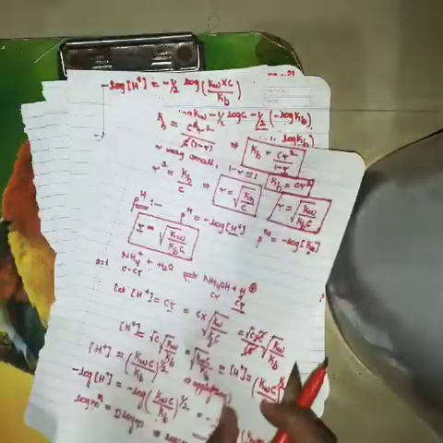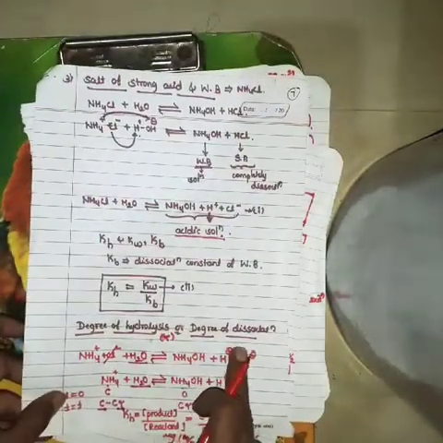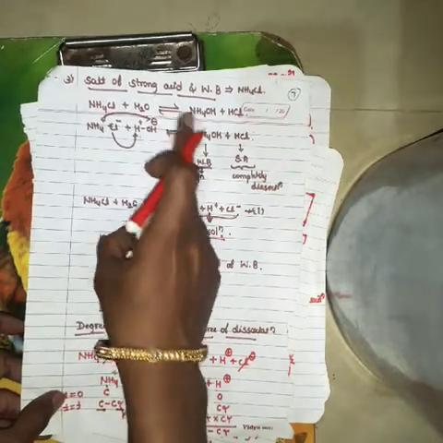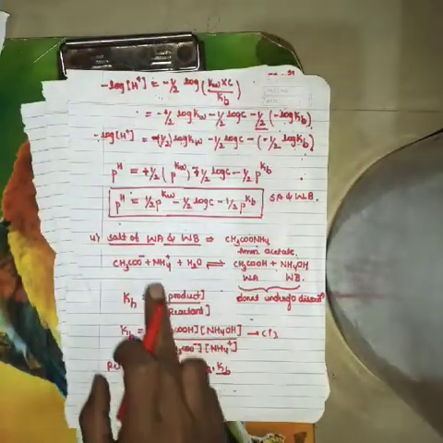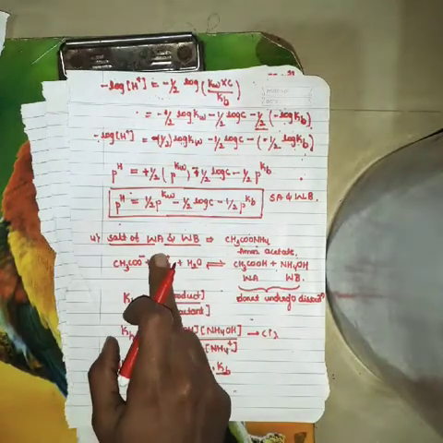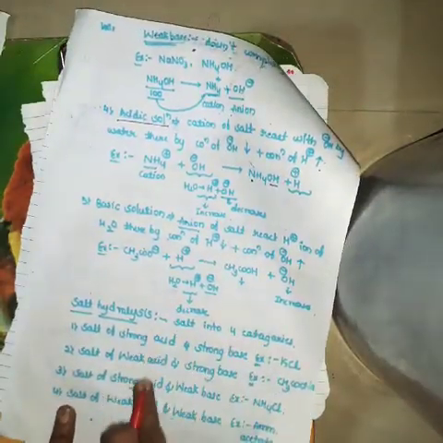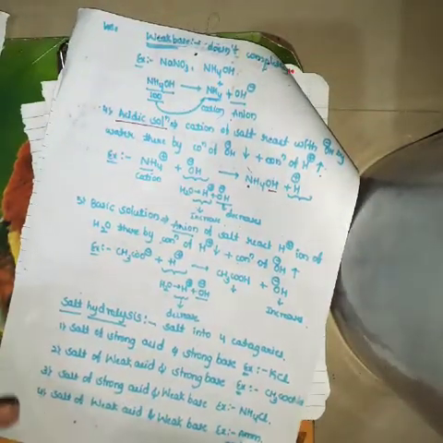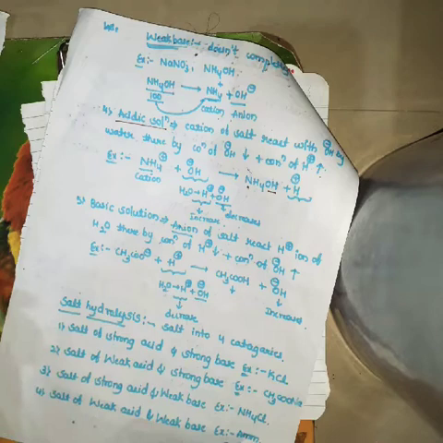We have studied today the degree of hydrolysis or degree of dissociation of salts of strong acid and weak base, and the last one, the fourth salt, is the salt of weak acid and weak base. Out of the four salts, we studied pH calculation, degree of hydrolysis and the relationship between KH, Kw, Kb.